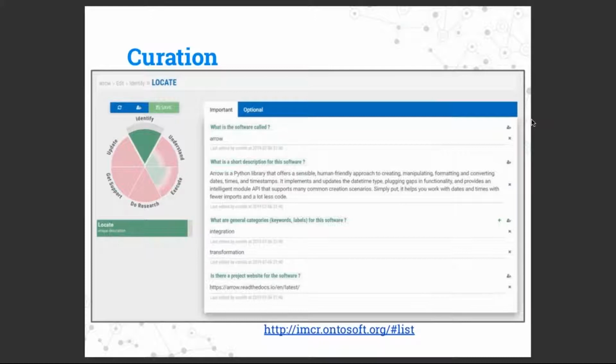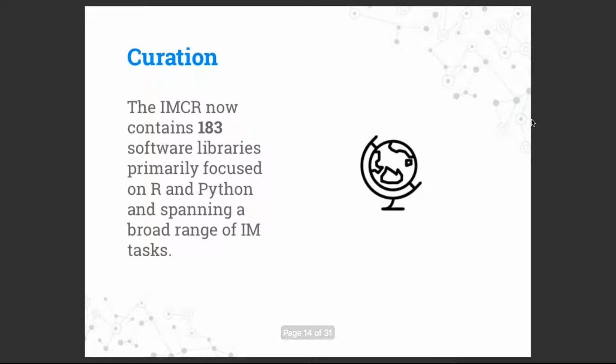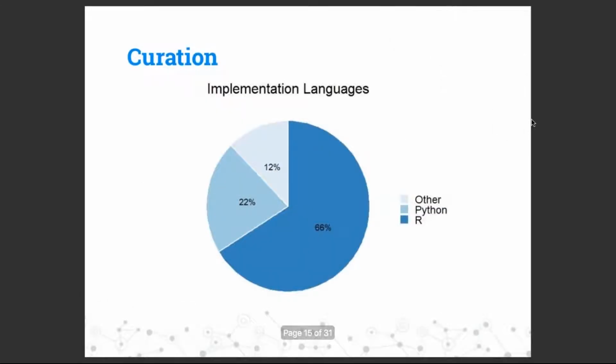To date, we have 183 software libraries, primarily focused on R and Python, and spanning a broad range of IM tasks. Here's a pie chart of the implementation languages that we have in there now. Again, you can see that R dominates. That's again the one that we're most familiar with, and we've been spending the most time with. But again, plan on putting a lot of effort into the Python here in the next little while, and then